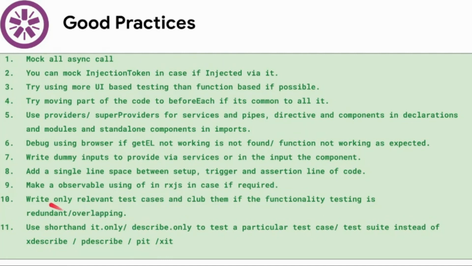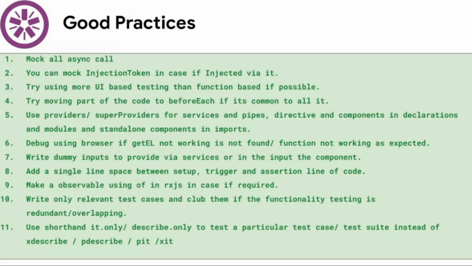The important thing is that you have to club test cases if the functionality is redundant or overlapping. Say we have a function run, and inside that run we have one more function, matDialog.open.